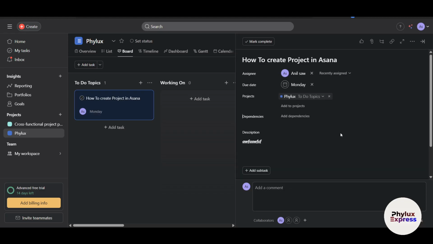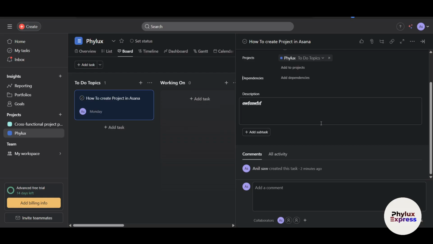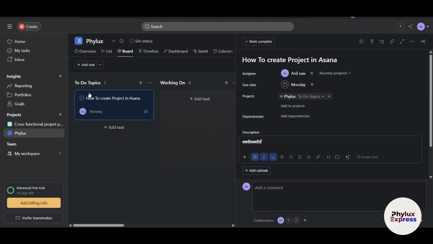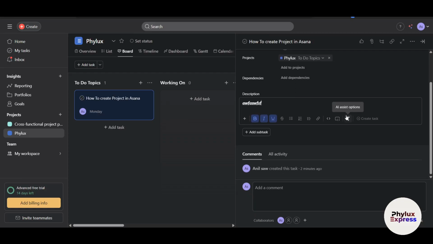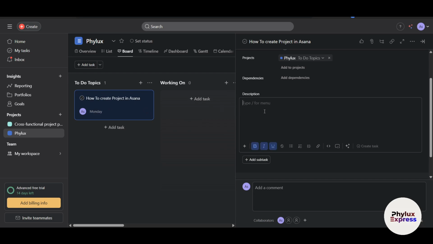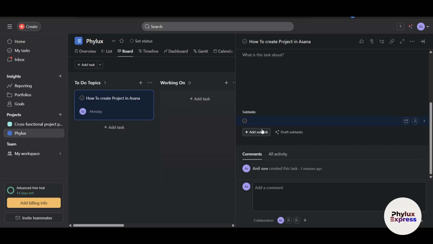Now, just for example, I gave you an example of parent and children and small children, whatever it is, right? Now, let's say this is a really big task. To complete this task, it should be divided into subtasks, right? So I have the freedom to create subtasks. For example, to create a project, I will click on add a subtask. The very first subtask, you can also consider it as a list, is